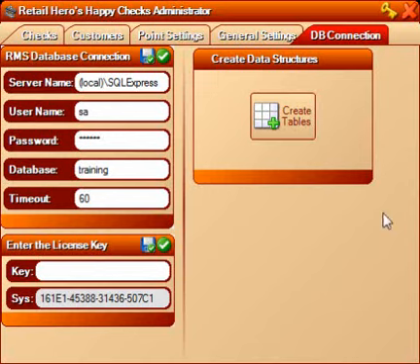Retail Hero is proud to present Happy Checks, a fully integrated and customizable customer loyalty system. This add-on will encourage return customers and provide incentive for further sales. By collecting points that are turned into redeemable, personalized checks, customers will have a direct experience of being connected to